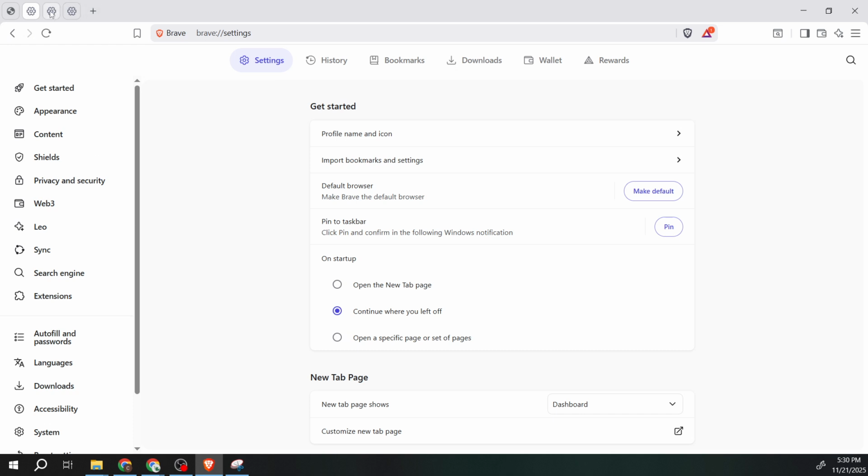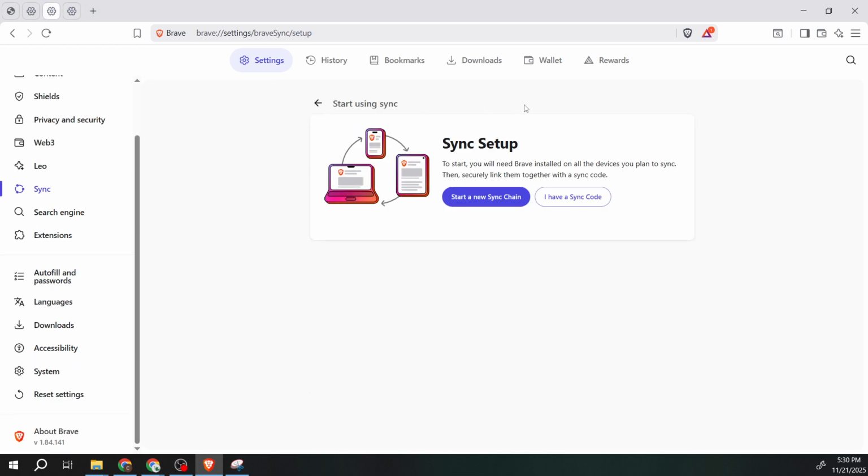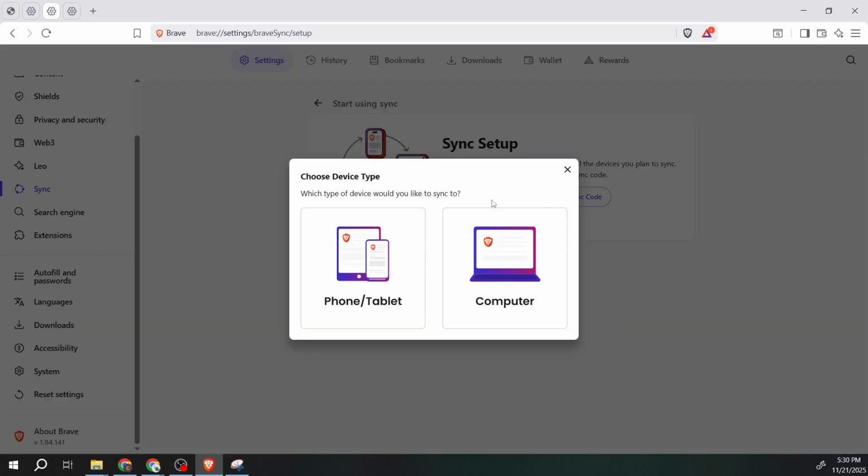Brave uses something called a sync chain to securely link your devices together. Think of it as a private network for your browser data. Click Start using Sync to create a new sync chain. This begins the setup and prepares Brave to share a secure code that your other device will use to join